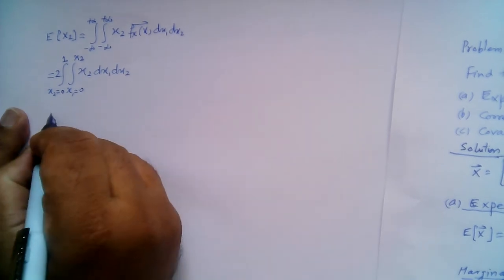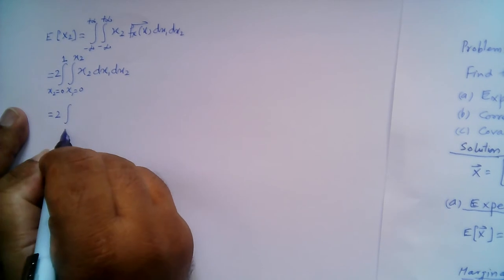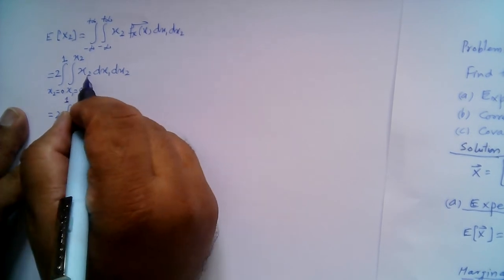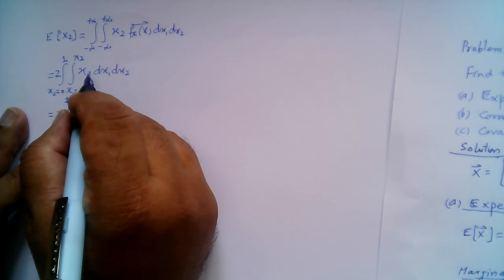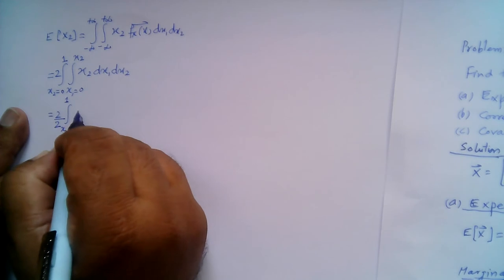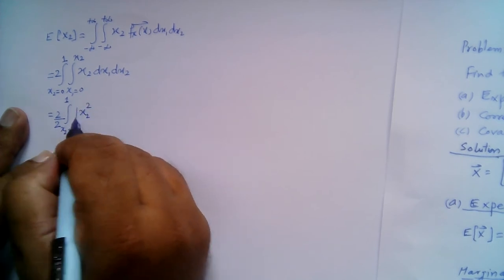So this will be 2, and x2 is from 0 to 1, and this will be x2 square over 2. So 1 over 2, let's take it outside here. So this will be x2 square, right? And the limits will be